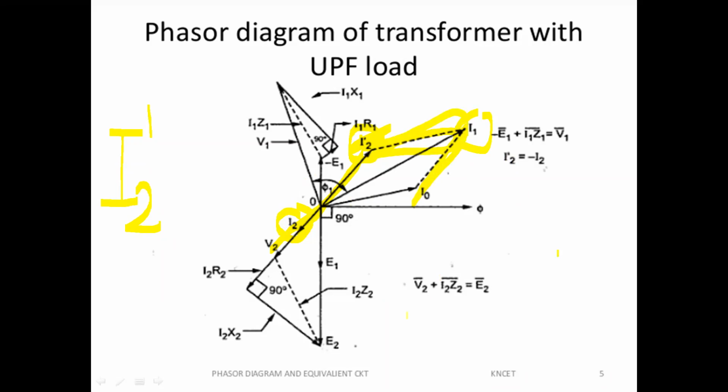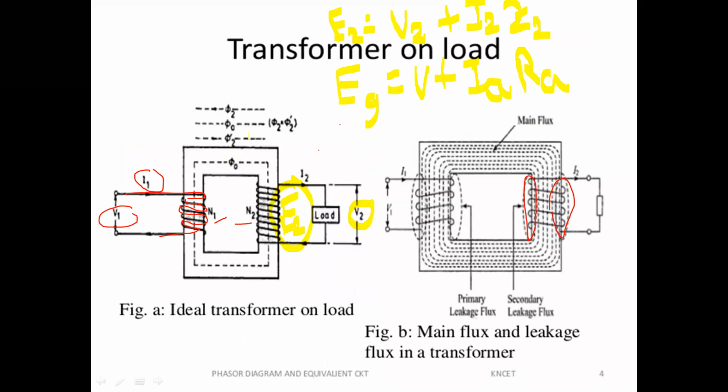Okay. So now, this is the primary current. Similarly, primary V1 is the source for the primary because we apply voltage to the transformer. So the primary is the source for the transformer. That means V1 is the source. But with respect to the secondary circuit, V2 is the source. With respect to the primary circuit, V1 is the source.